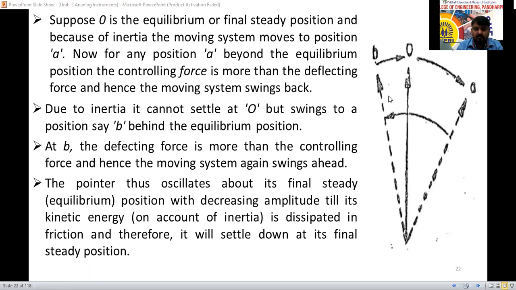Yes, the diagram is visible, this one. The OB, AB, 0 is there. Is the diagram visible or not? See, there is some zoom problem. Sometimes the slide will not change. For that reason I am asking.